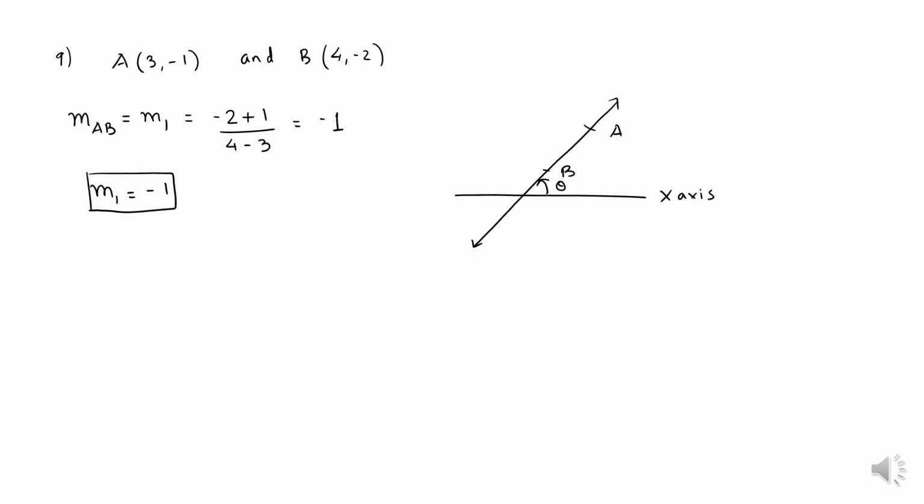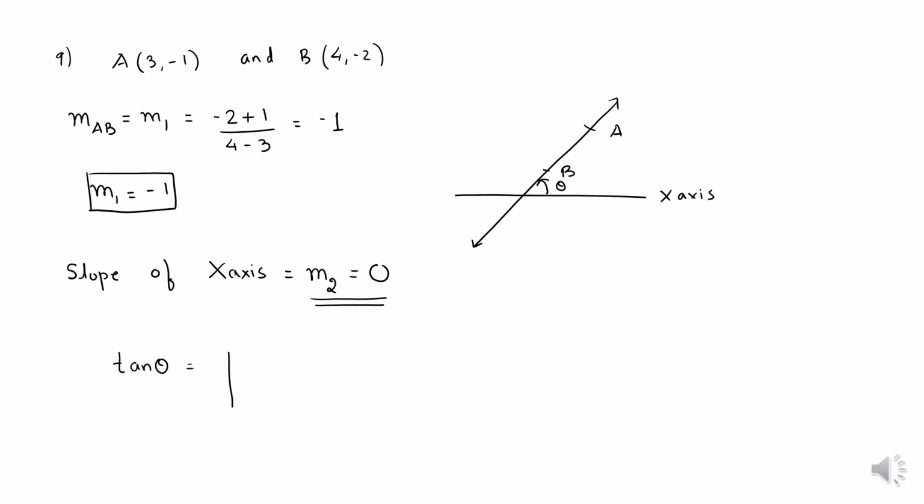Okay. Now there is another line, that is the x-axis. So you should know the slope of the x-axis. The x-axis is making 0 degree with itself. The slope of the x-axis, that is nothing but M2. The x-axis is a line where the y coordinate is 0, and since we always talk about the angle made with the x-axis, the x-axis itself will make 0 degree. So my slope of the x-axis will be 0. What will I get as the slope of the x-axis? 0. So I know M1, I know M2, I need to find theta between the two lines.